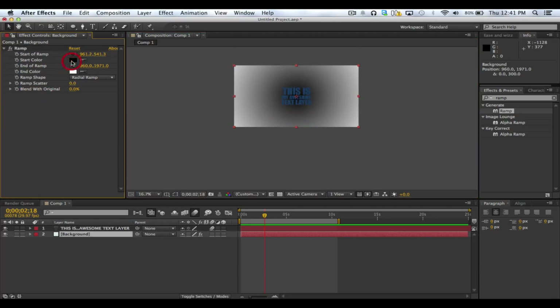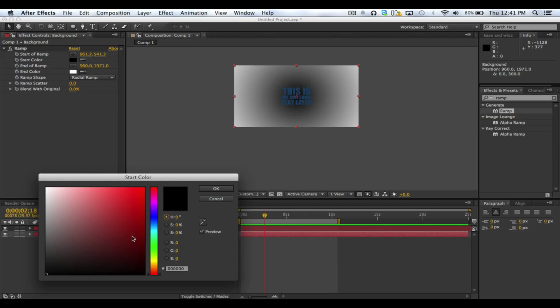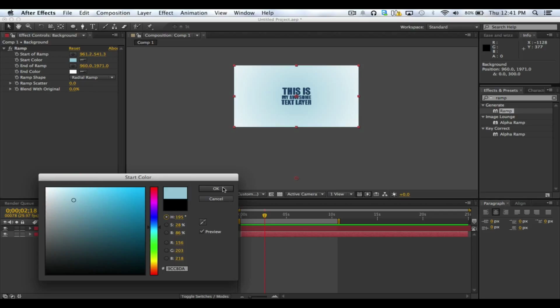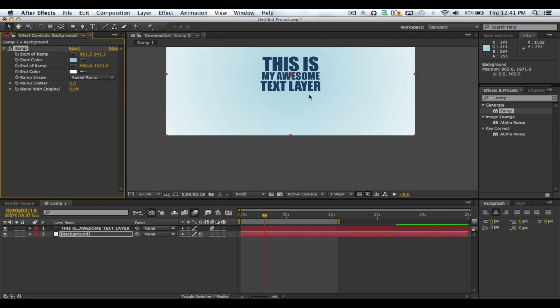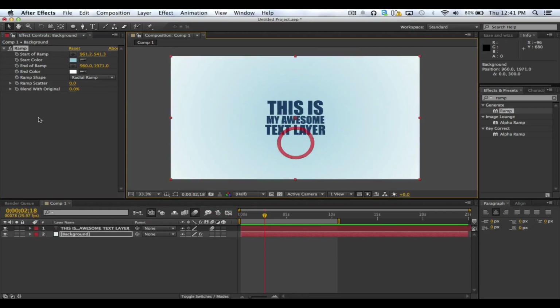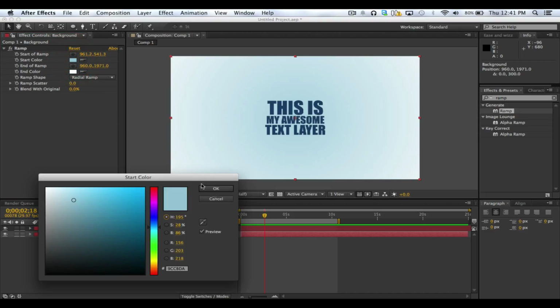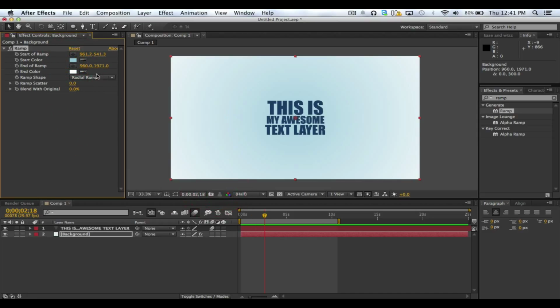So let's say since we have a blue thing here, let's say we want a lighter blue background. So we'll pick a light blue background here. And my habit, again, you can pick your own, but I always set one color, right? If this is the blue I want to go with, I always take my eyedropper right here and I select,